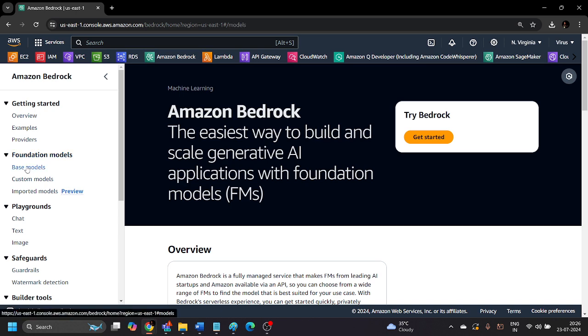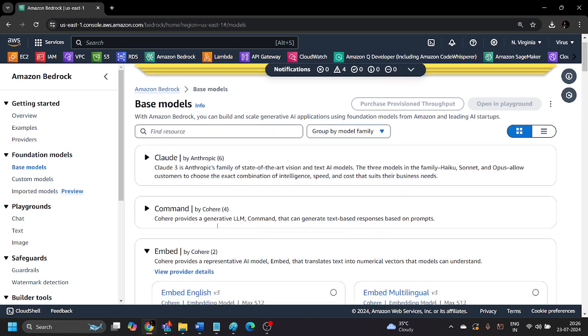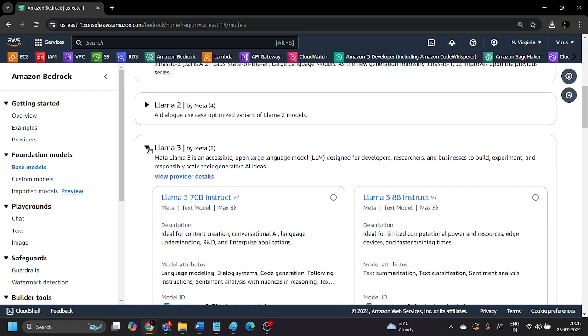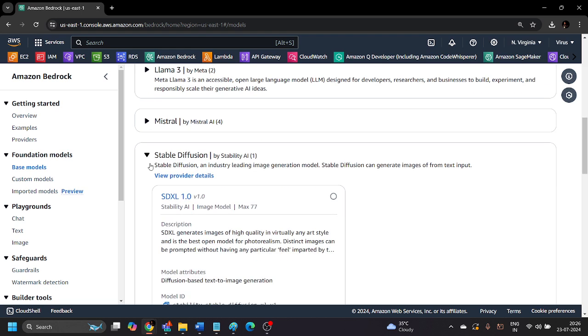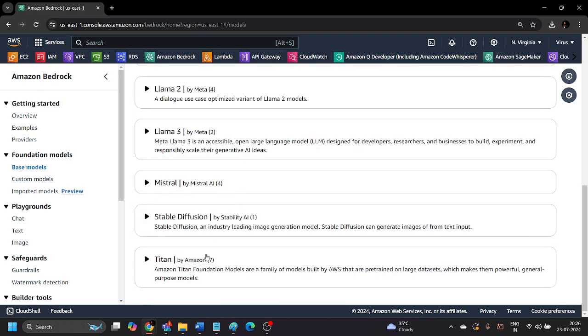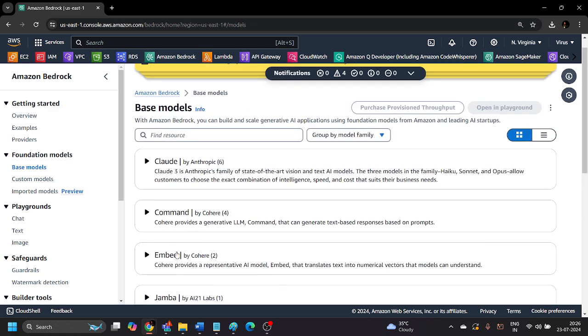If you go to the base models section here, you will see different foundation models by different organizations provided on Amazon Web Services, and we can take advantage of these foundation models available in the Amazon Bedrock service, whether it's Stable Diffusion by Stability AI for image generation, Titan by Amazon itself, Claude, Command, and different foundation models are available. Now, for our use case for this demonstration, we will be using the foundation model